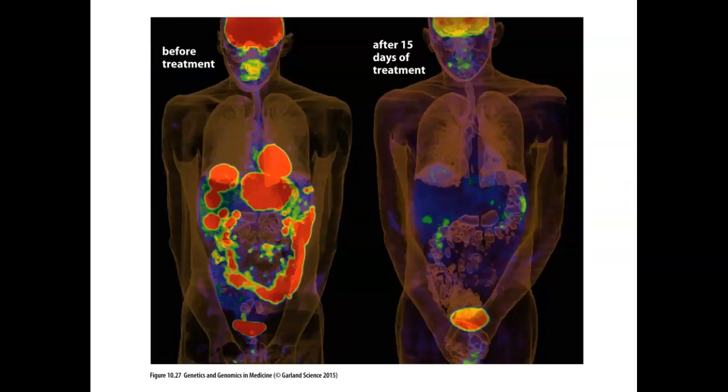I want to end with this slide, which is pretty amazing. It's at the end of your chapter. This is an example of a patient that had therapy for a melanoma using what's called a BRAF inhibitor. As you can see on the left, this is glucose metabolism. What they've done is put a dye into the glucose, and using a tomography scan, they can see the activity of where the radioactive glucose is, which would be showing you cellular respiration at very high levels.